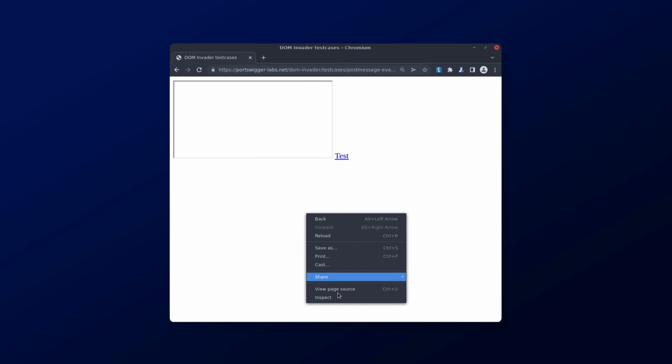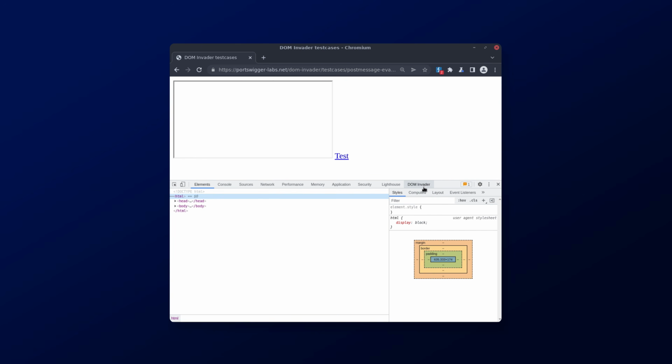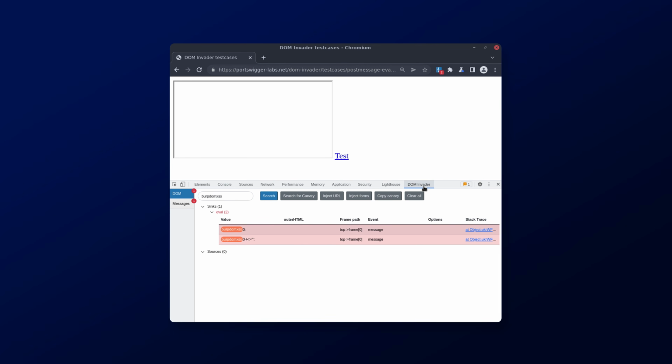And if we open up DevTools and the DOM Invader tab, it shows an eval sink and the frame path. So in this instance, the sink occurs within an iframe. You might notice there's an event column. This tells you which event is being used at the time the canary reached the sink. In this case, it's coming from a message event. Let's click the